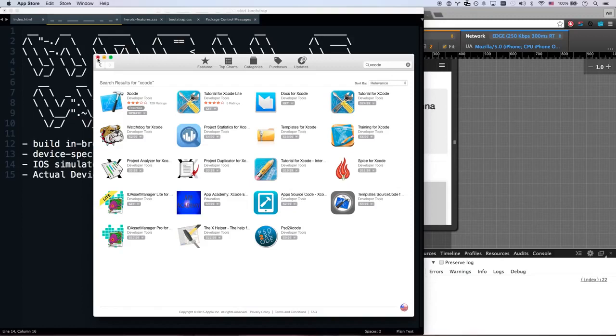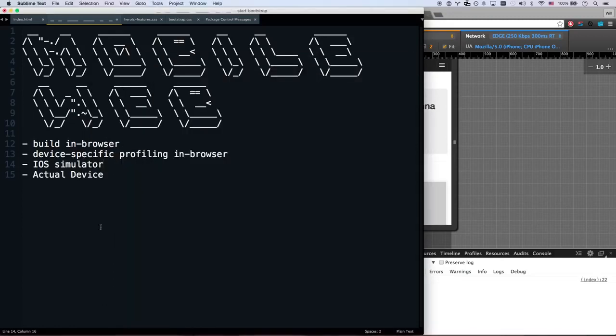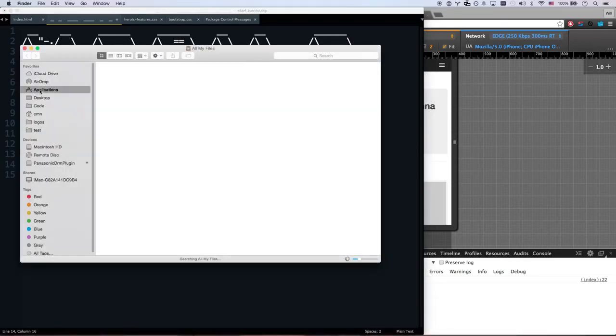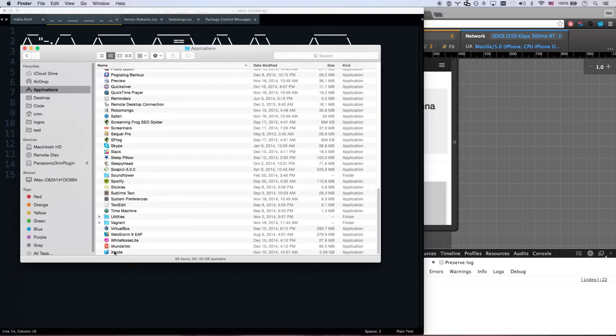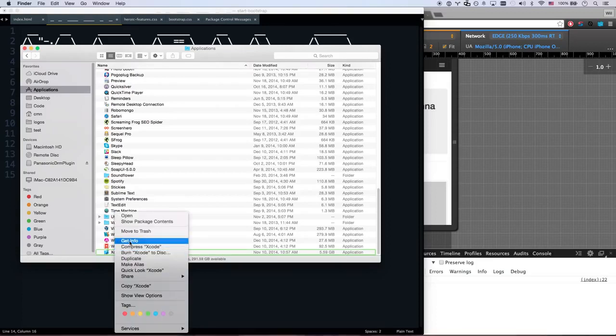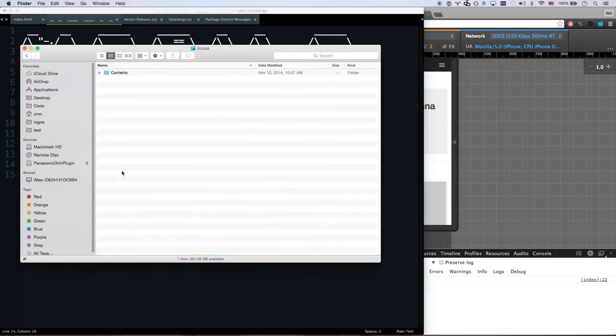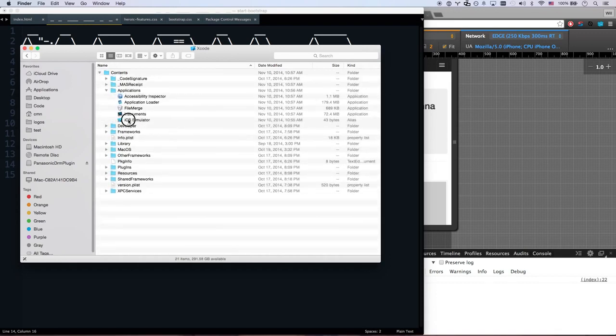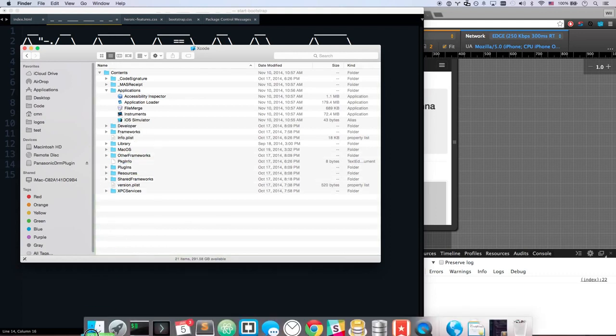That will take forever to install because the application is gigabytes and huge. Once you've installed Xcode, we're going to go to Applications, right-click or control-click on Xcode and do Show Package Contents. So we're now in the Xcode package. We're going to go Contents, Applications, and there's an iOS simulator, and we're just going to drag that out